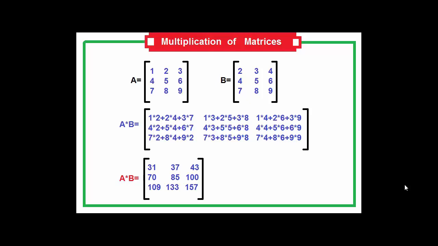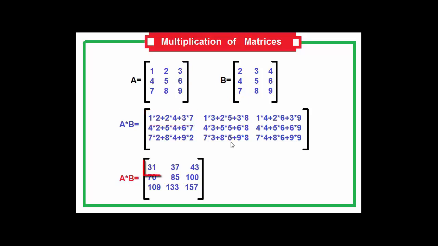You can see we have two matrices, matrix A and matrix B. To multiply two matrices, we have to multiply row 1 of matrix A, that is 1, 2, 3, with the first column of matrix B, that is 2, 4 and 7, and then we will add the multiplication, that is 1 into 2 plus 2 into 4 plus 3 into 7 to form the first element of result matrix, that